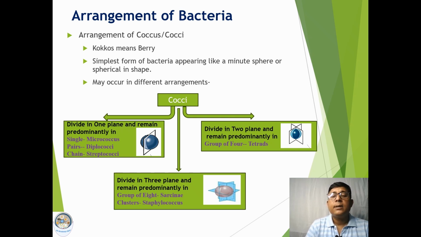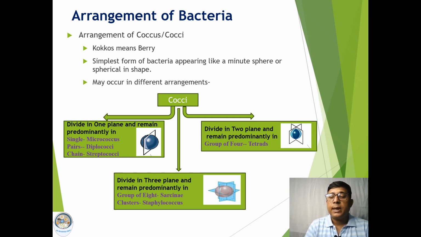Now, the second type is those cocci, or spherical organisms, which can divide in two different planes. They remain predominantly in a group of four. This type of arrangement is called tetrads. That means there will be four organisms grouped together, and they can divide in two different planes. Then the third type